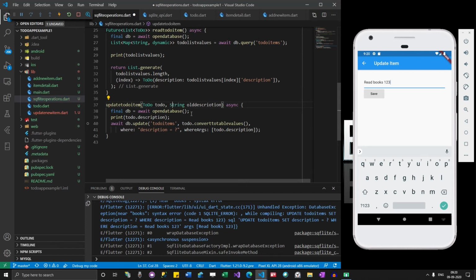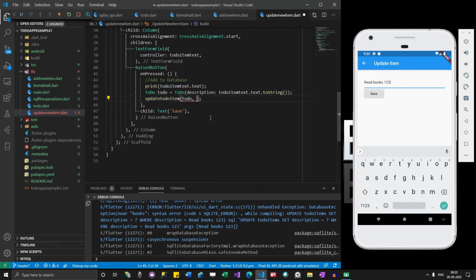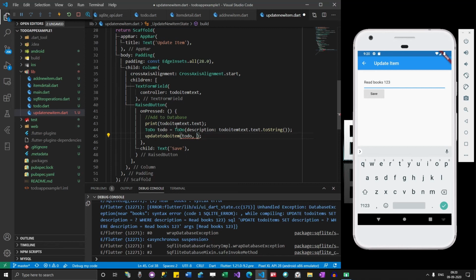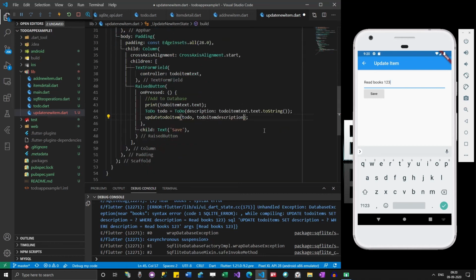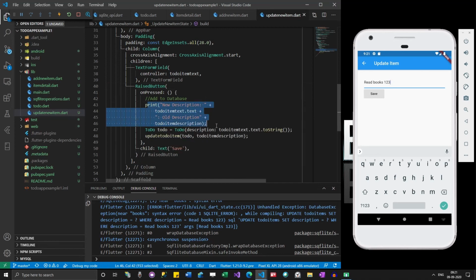Let me correct this, and wherever I'm using this update string, I have to get the old description. I'm just printing those values to see how it goes.